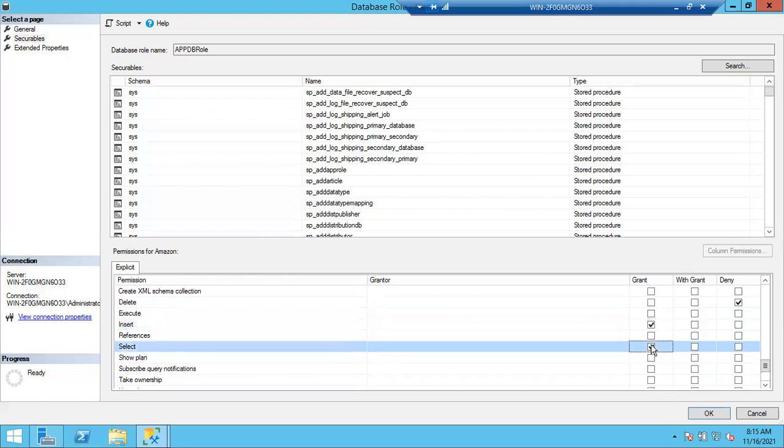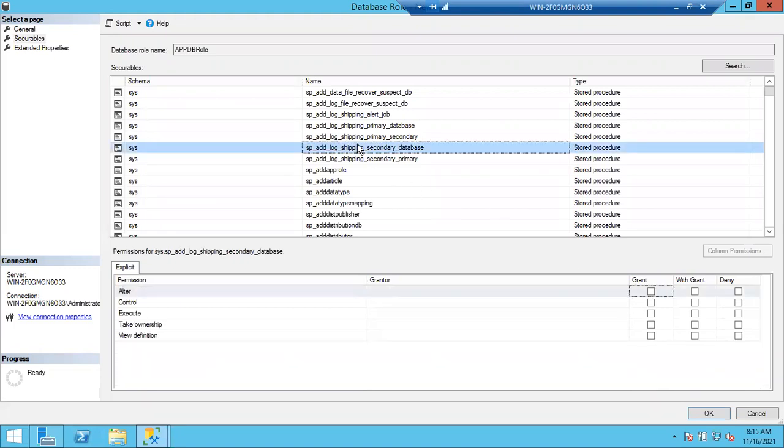Sorry, can we give multiple stored procedures with multiple permissions at a time? We can give. Just now we discussed how to give access on multiple stored procedures. Sir, these are the system defined stored procedures, right? Yes. We only have default stored procedures, that's why you can see these. If you create any custom procedures, you can see those procedures also here.